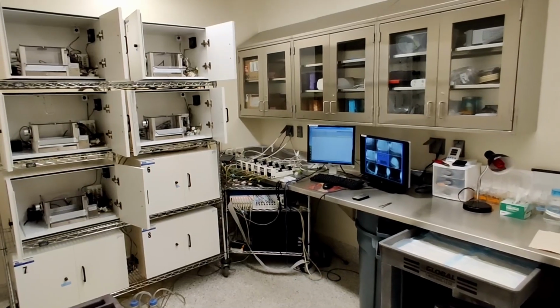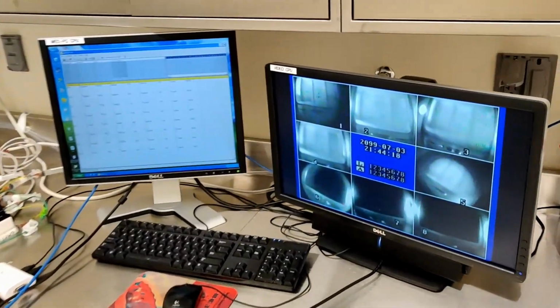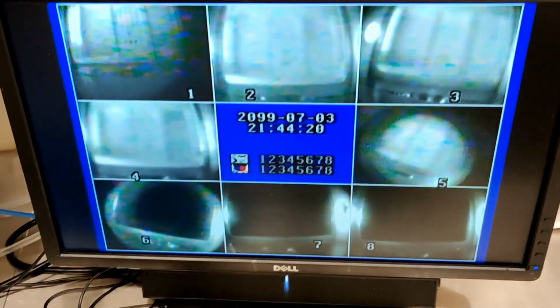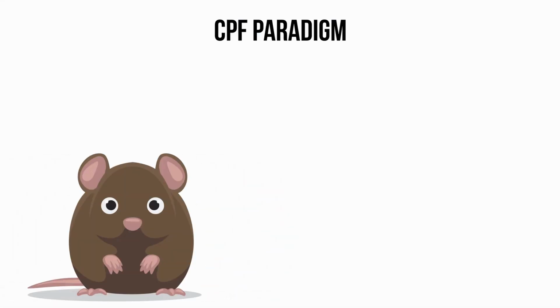Welcome to the Johnson Lab Mouse Behavior Room. Using our equipment to both encourage and measure food consumption in our animals, we can learn a lot about their feeding behaviors. To see what factors might affect an animal's motivation to consume food, we've developed a behavior testing paradigm